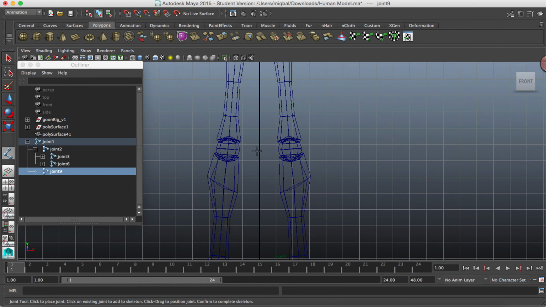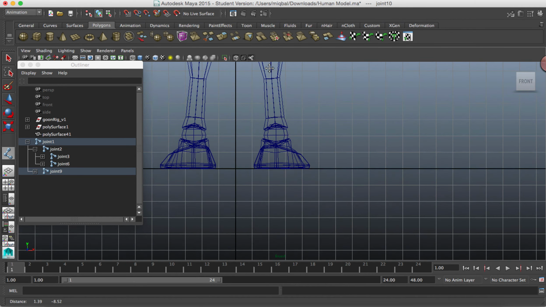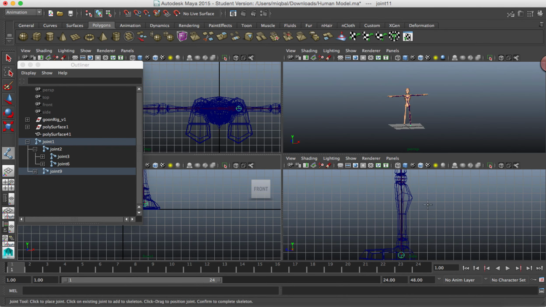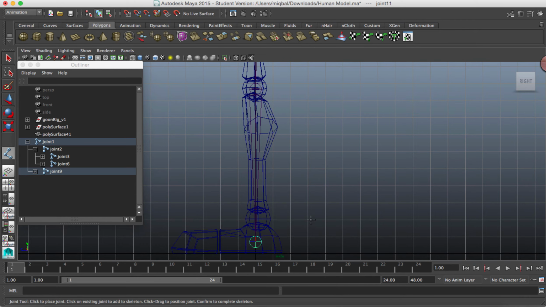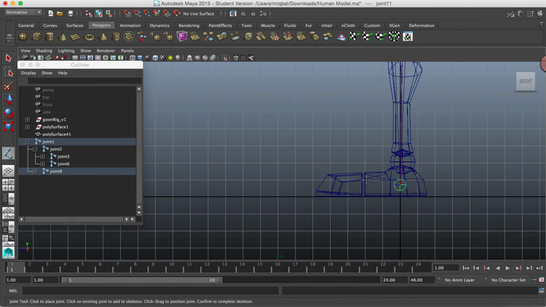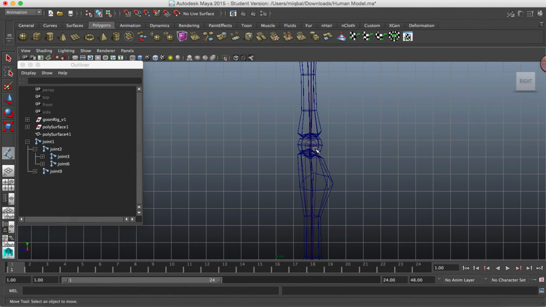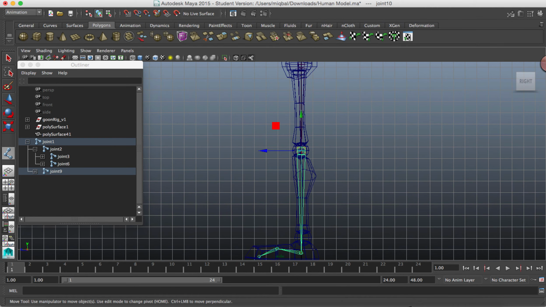The right side, and the right knee, and then the right ankle, and then I'm going to press space over here and switch to this view, and let's finish creating this foot. Okay, I just made this like this so that I can make this flexible a little bit. Now before I create IK, I will actually,